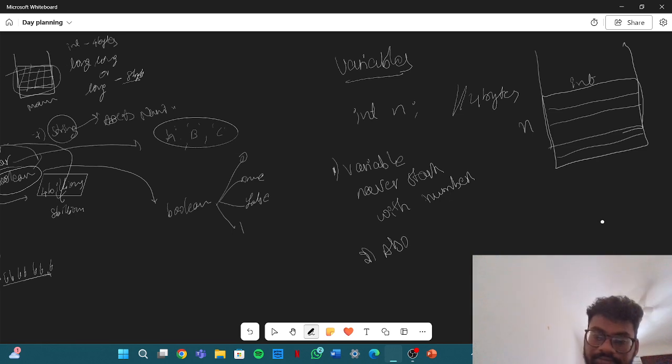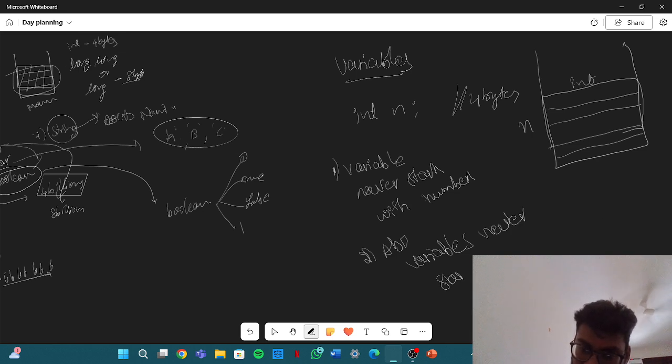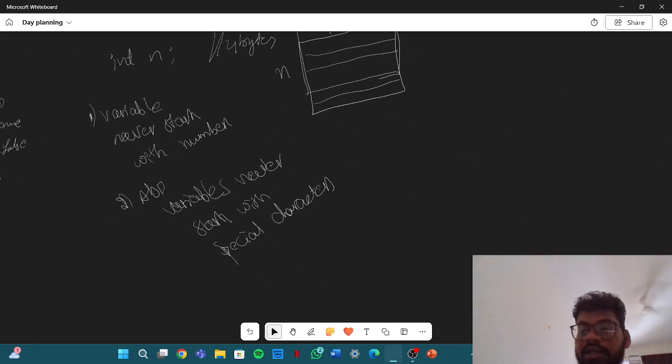Also, variable names never start with special characters, which means if you are declaring a variable, you can't declare it like 123,